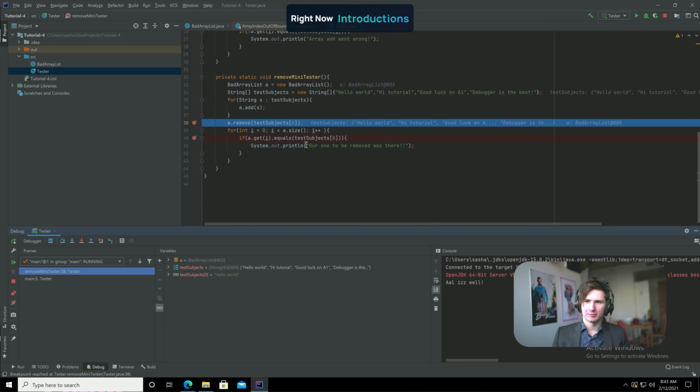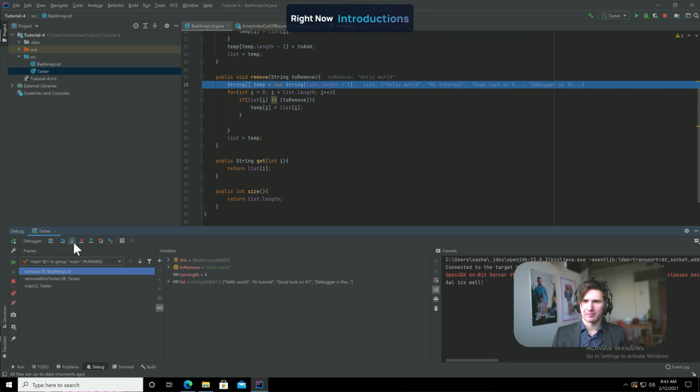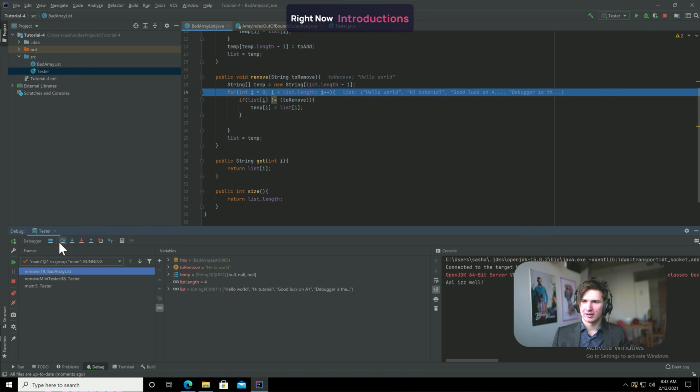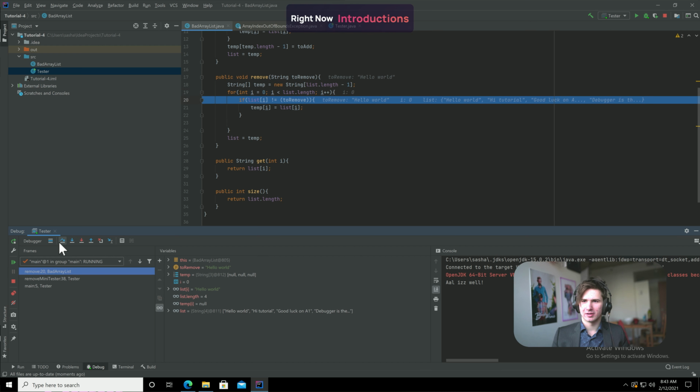Let's debugger it, and let's see why. We enter the method using step into. We've got our array of strings. We go into here. And why are we getting an array index out of bounds exception? Our list.length is 4, and we're going into the length of our list. Oh, I see the problem, because we should probably be going into the length of our temp, because we're copying into temp, right? So